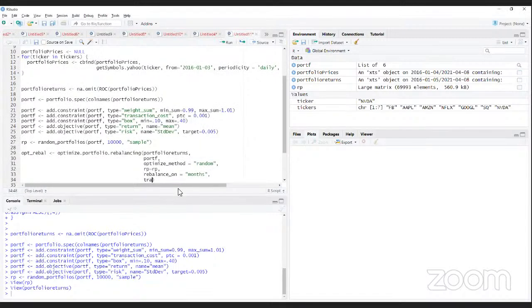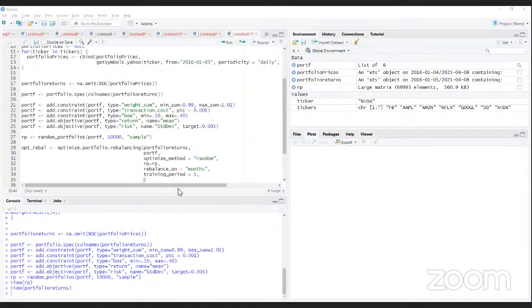Let's say the training period we define as 1, and let me say a rolling window is let's say 10, means every 10 months I want to say. Here we want to give another important parameter called this. In order to run this,